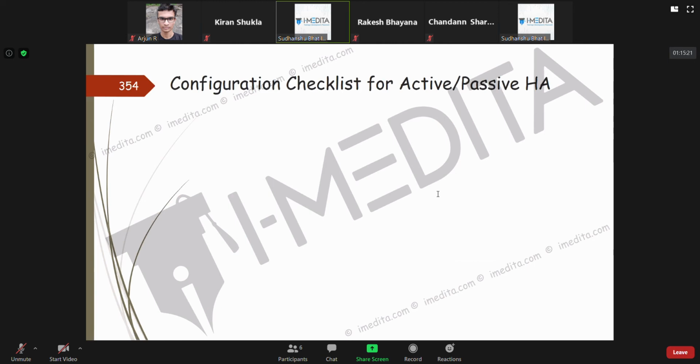In Palo Alto, we call it a gateway. We get multiple GlobalProtect gateways. Think of it as getting a list of prioritized firewalls. If one firewall fails to give you connectivity to the corporate network, you move on to the other one. So that's based on the GlobalProtect configuration, not on the HA configuration.